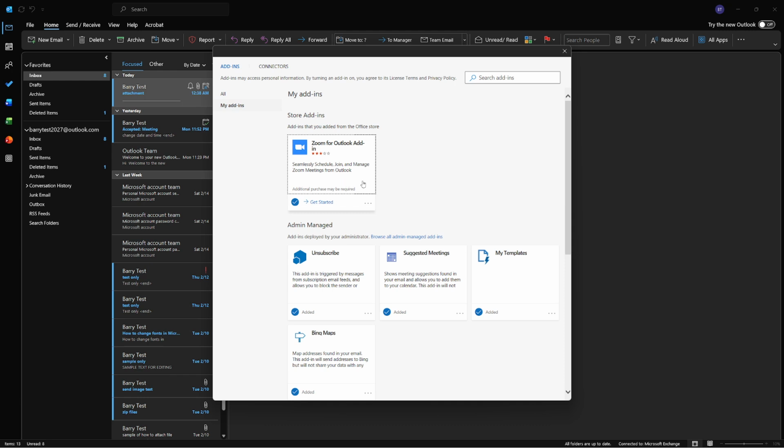You might be redirected to your web browser to finish signing in, and then brought back to Outlook automatically once the connection